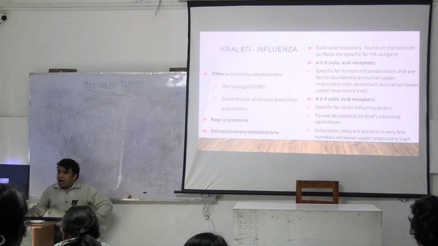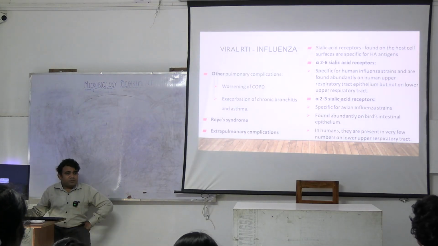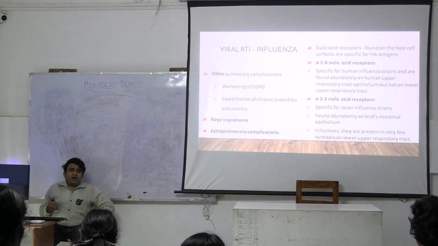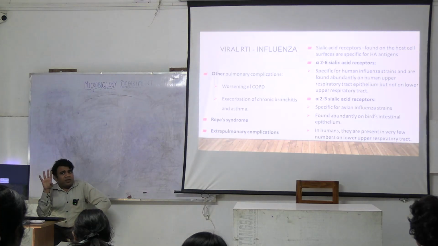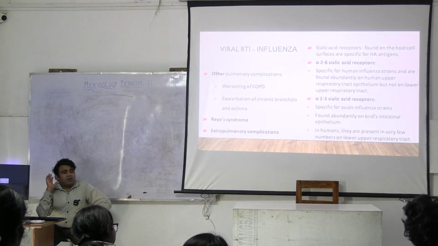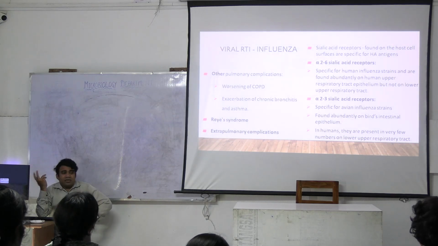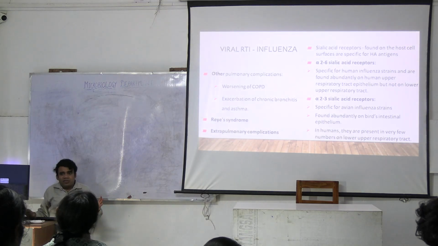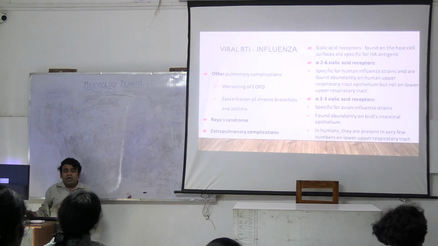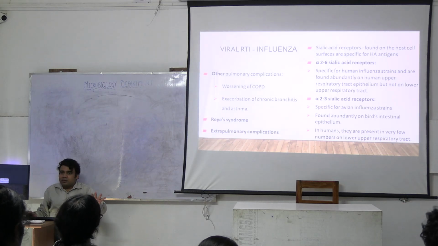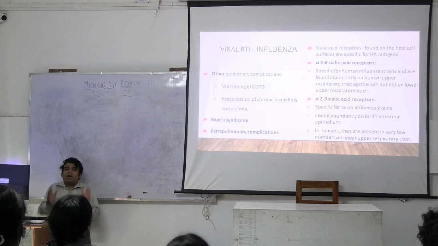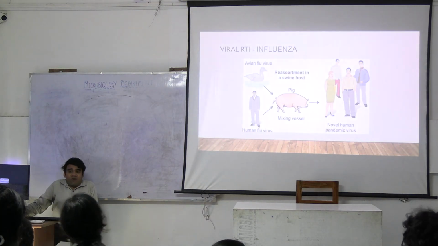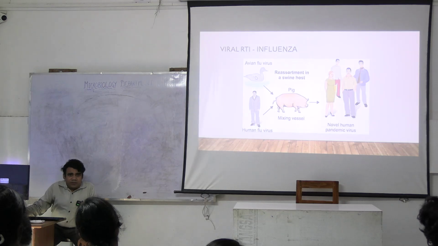Now this has alpha 2,3 sialic acid receptors, so it can affect the lower respiratory tract because some alpha 2,3 sialic acid receptor is present in the lower respiratory tract, but it cannot colonize the upper respiratory tract. কেন? alpha 2,6 নেই। তার মানে কি হলো, যেটা upper respiratory tract colonize করতে পারে সেটা lower respiratory tract এ ইনফেকশন করছে না, আর যেটা lower respiratory tract ইনফেকশন করতে পারছে সেটা upper respiratory tract এ colonize করতে পারছে না। সেই জন্য influenza ভাইরাসের নিউমোনিয়া এত কম হয়। Problem occurs when a virus which has alpha 2,6 receptor